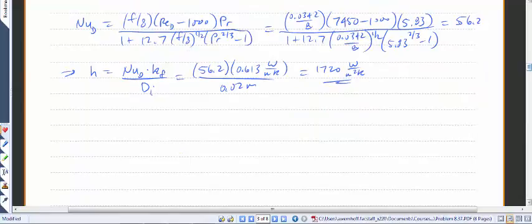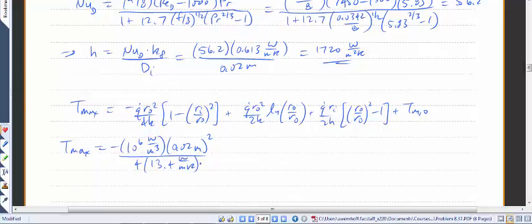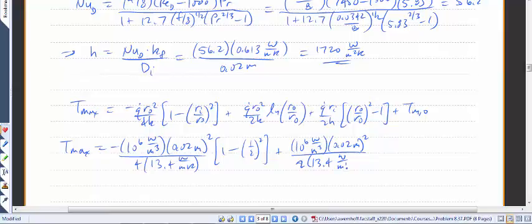So finally we can plug this into our equation for Tmax. So plugging in the numbers, we get Tmax is equal to minus 10 to the 6 watts per cubic meter, this minus 0.02 meters quantity squared over 4 times 13.4 watts per meter Kelvin times 1 minus 1/2 quantity squared, plus 10 to the 6 watts per cubic meters is 0.02 meters quantity squared over 2 times 13.4 watts per meter Kelvin times natural log of 2